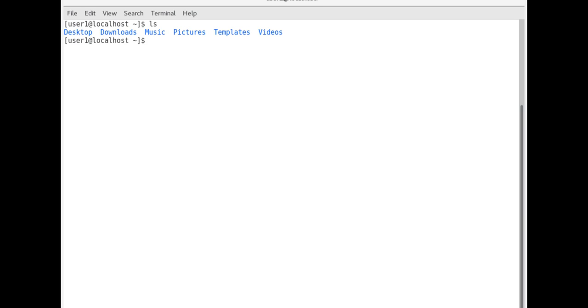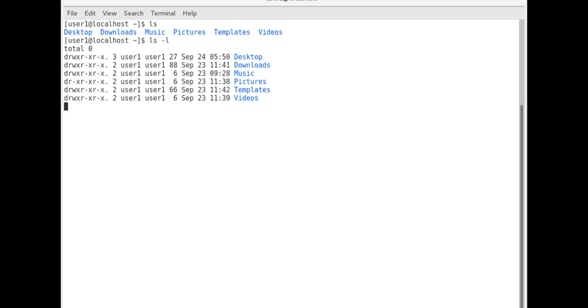And ls is going to display all the files and directories under the current working directory. The same command you can use with an option: ls space hyphen, and a hyphen represents an option, and the option is -l, which I am going to pass. If I press enter,